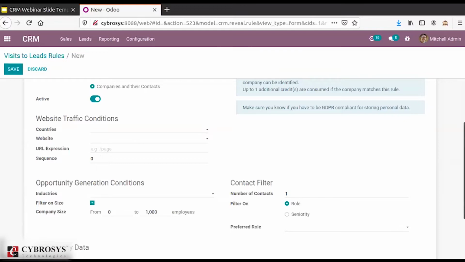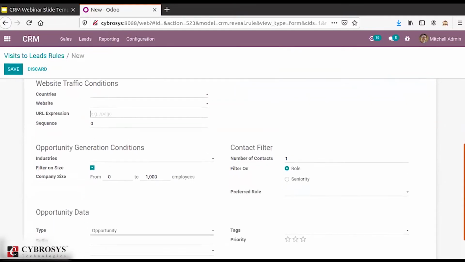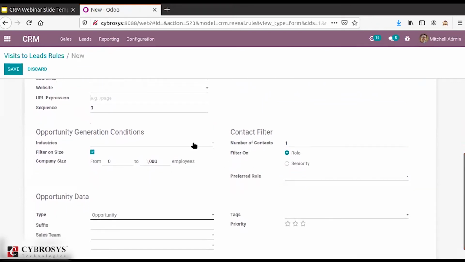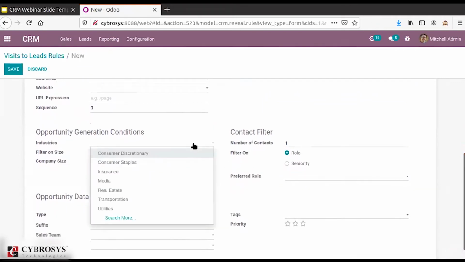Then you also have certain information to provide regarding the opportunity generation conditions. Based upon the industry, you can also categorize your lead. Obviously, all these features are here because every organization or every business needs effective or efficient customers.